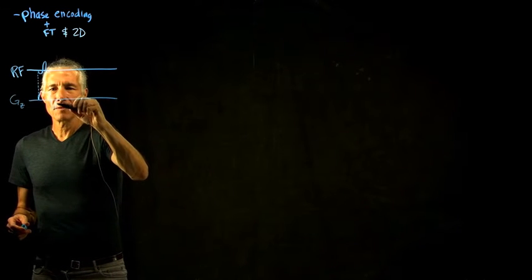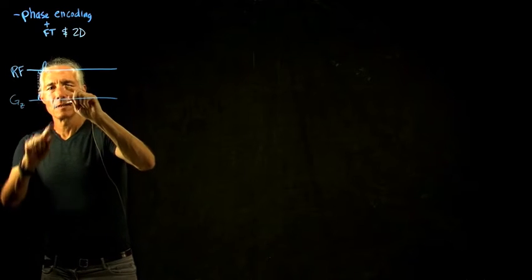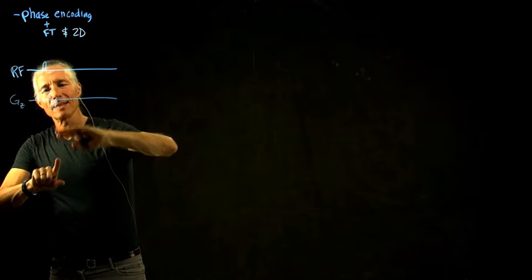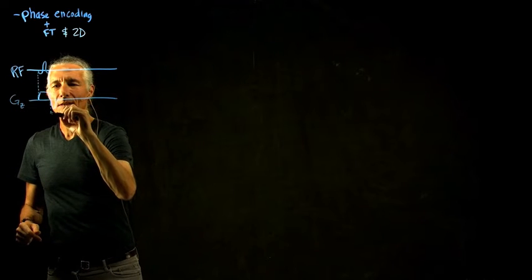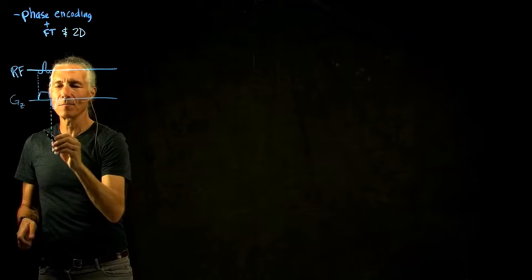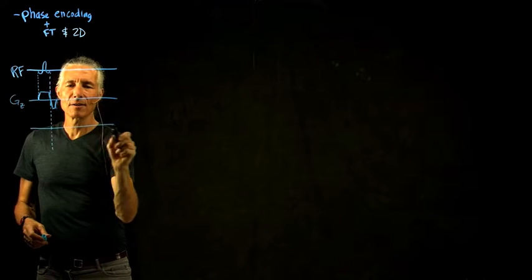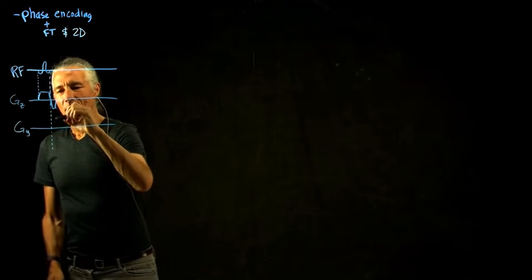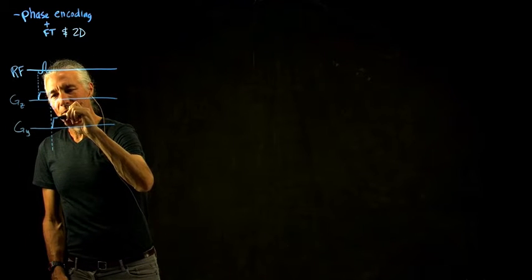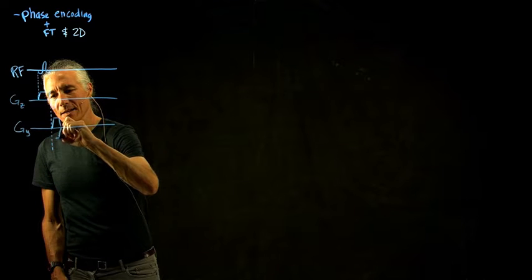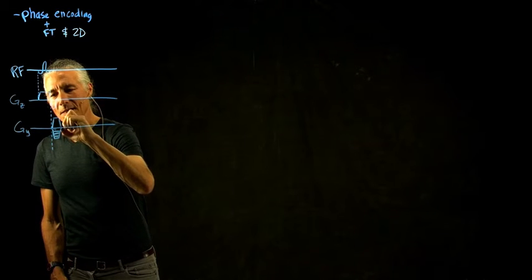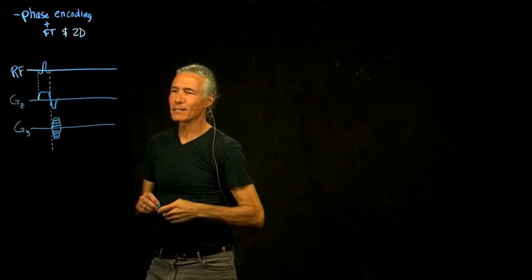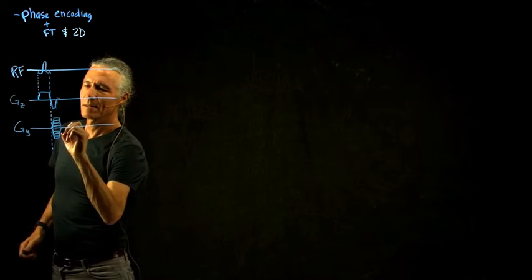And then here's a little fixer. And then what we do, actually, in MRI you never want to waste any time. So it turns out as soon as you finish the RF pulse, you can go ahead and start your phase encoding. So here's our phase encoding. So we'll draw this out like that. And it's often drawn out with that little diagram like that. And what that diagram means